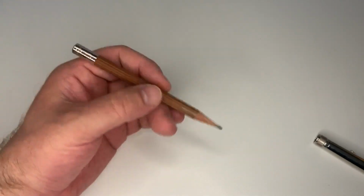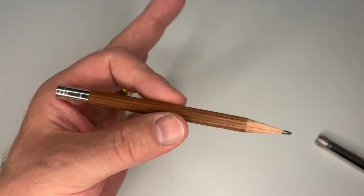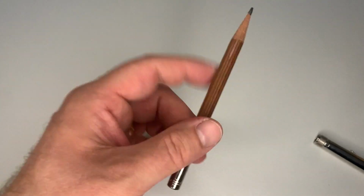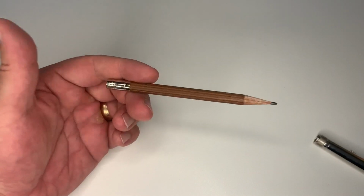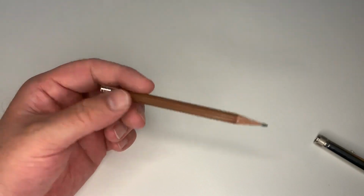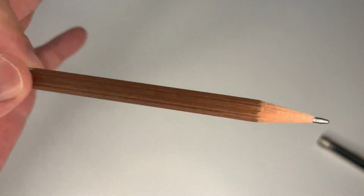And as said, I don't write with a pencil a whole lot, so I don't go through these pencils very, very often. So buying a 5-pack of those for 30 euro, one of them for 6 euro. Yes, it seems outrageous if you burn through a pencil a week, which I personally don't do. So to me personally, it's perfectly fine, and it is worth it because I just think that